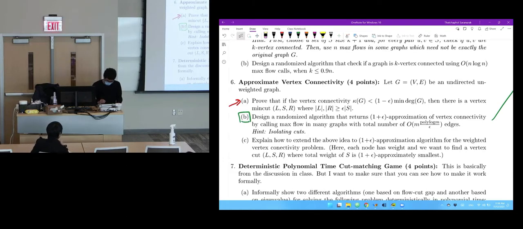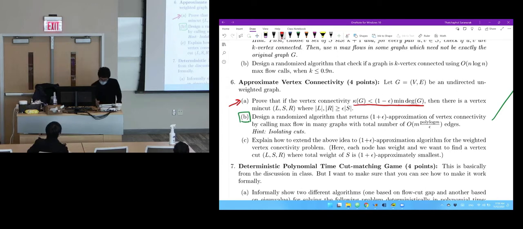First of all, if the size of the min cut is at least (1 minus epsilon) times the min degree, then it's going to be very easy to return an approximate min cut. Just return the min degree and you're done. So let's assume that is not the case, and this is what happens in 6a. When min cut is less than min degree by quite a lot,